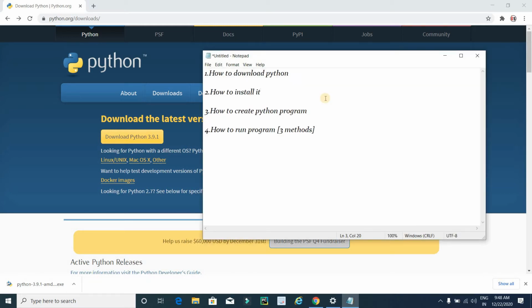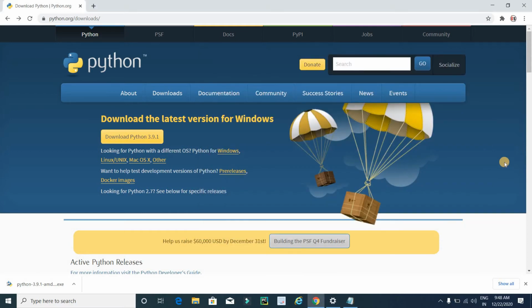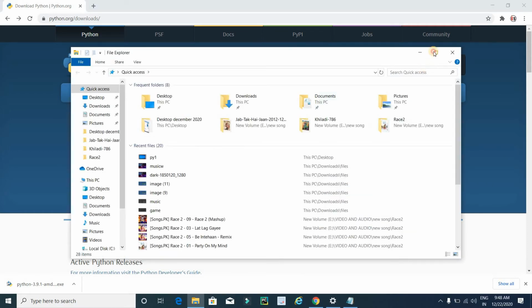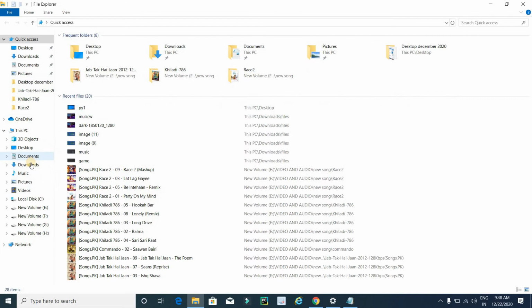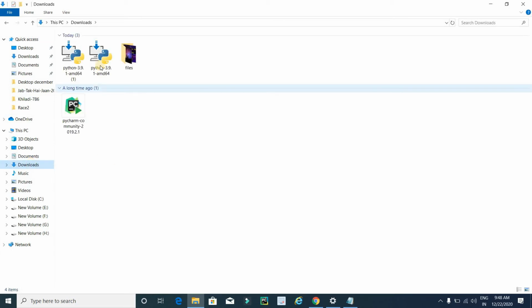Now I am going to tell you how you can install this downloaded Python into your system. Open the drive and click on download, and here you will get the exe of this software. So double click on it.